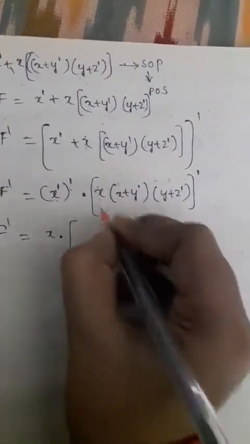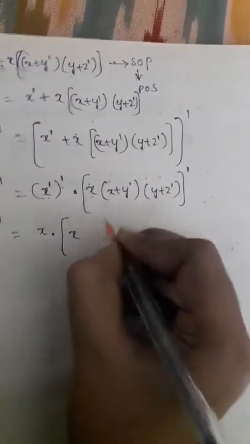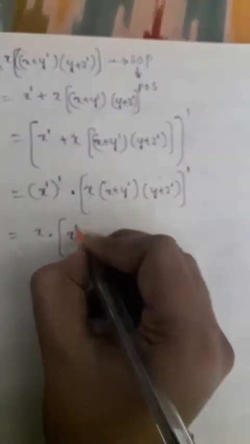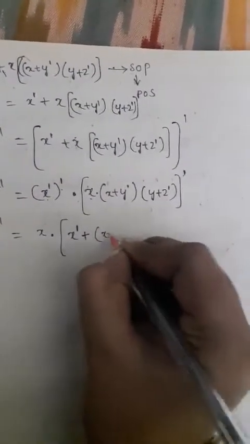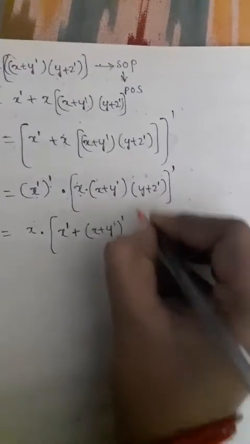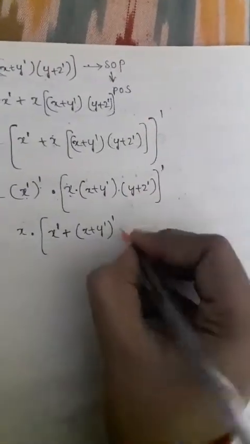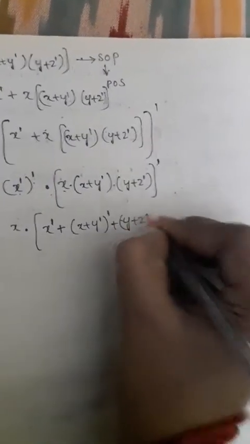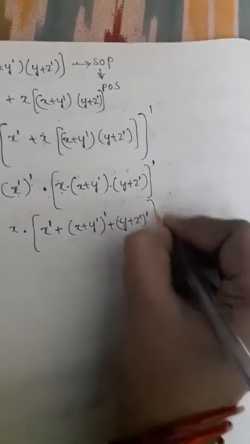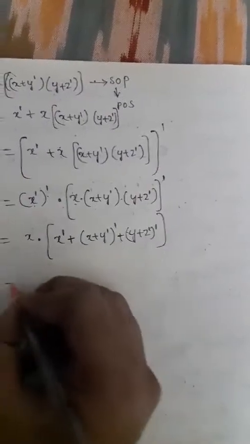So into here x into, so you can apply the complement to each and every term. X complement, here the product will be converted to the sum. Next x plus y complement whole complement, here also we will have the product, right? That will be converted to the sum. So y plus z complement whole complement. Okay, so then we'll get f complement is equal to